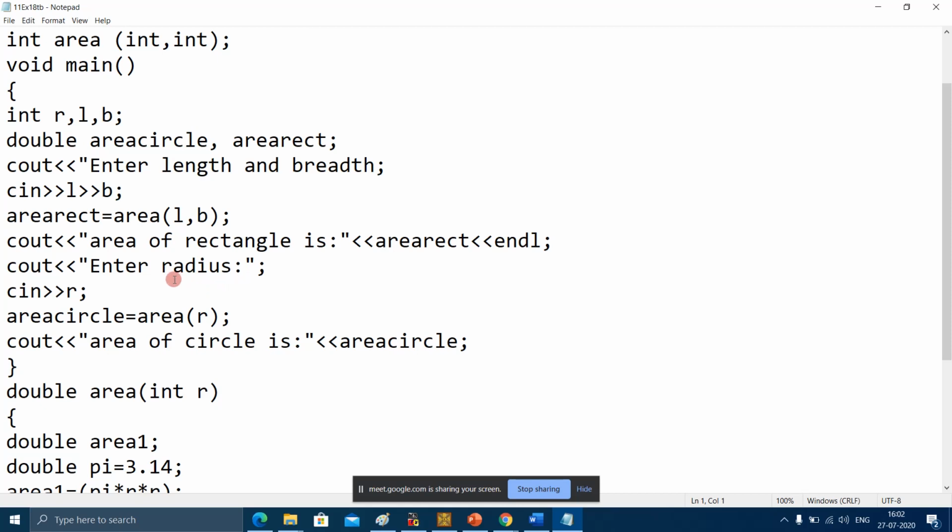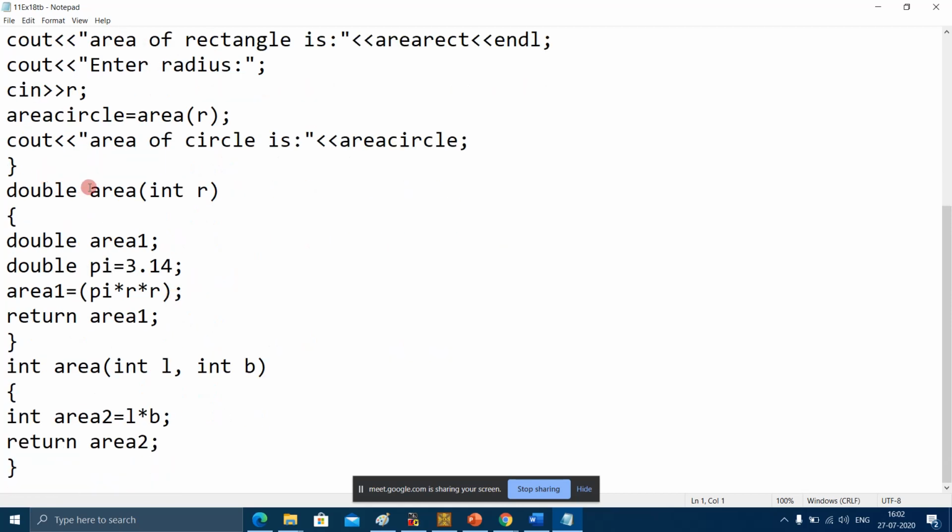In this example, we have this function area, and again we have another function whose name is area. But can you see the parameters of this area function and the parameters of this area function? They are different. So functions having the same name but different parameters, or you can say a different number of parameters, is known as function overloading.